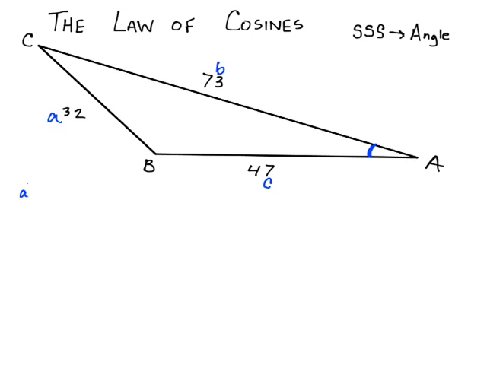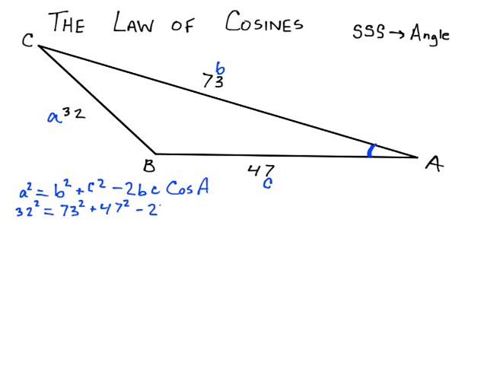First I'm just going to write it with the variables in place so I don't make any silly mistakes, like doing a plus instead of a minus. So a squared equals b squared plus c squared minus 2bc times the cosine of A. That's a good looking c right there. All right, so let's fill in what we know. I know a is 32, so 32 squared equals b, which is 73 squared, plus c, which is 47 squared,